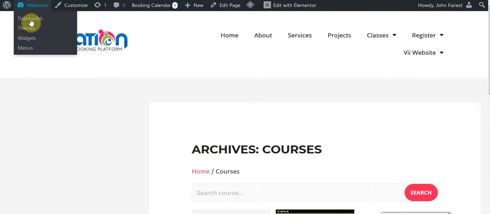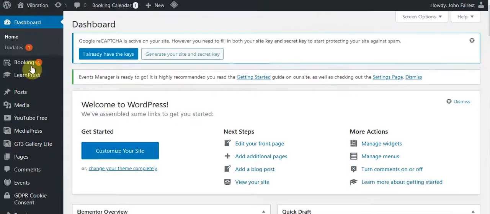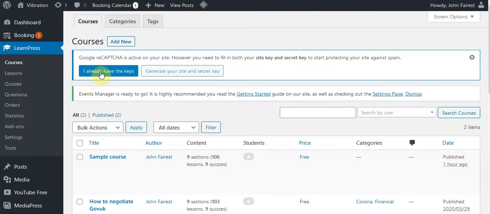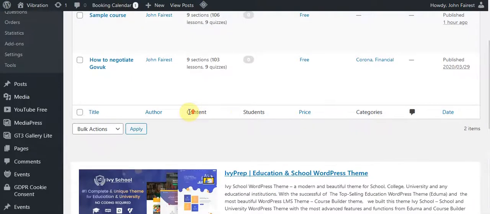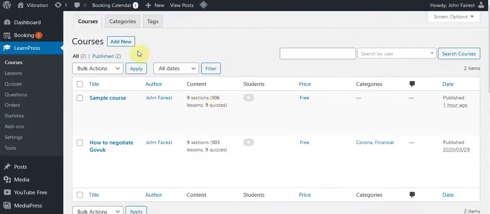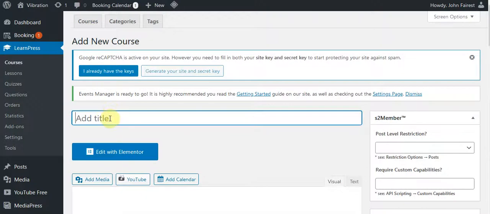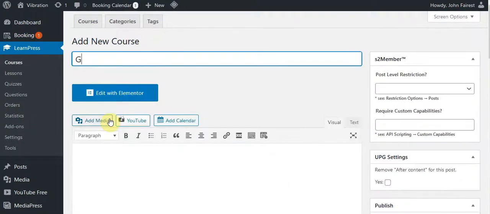We're going into the vibrations dashboard to build a new course. I'm doing it this way because you then see the word Learn Pass and you see the word courses. Okay, so you can see we've got one I've already built. So I'm now going into the next one, and I'm purely going to do this on a subject that has been created by other people in this particular instance. So it's going to be called guitar